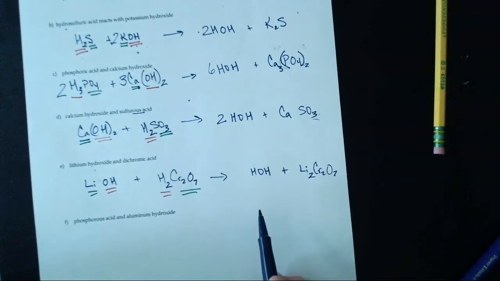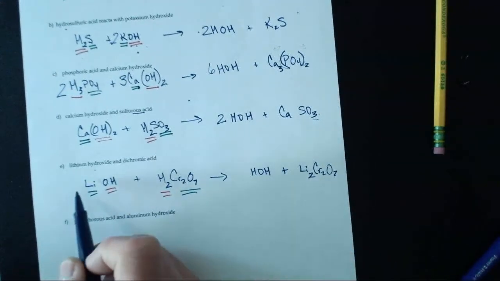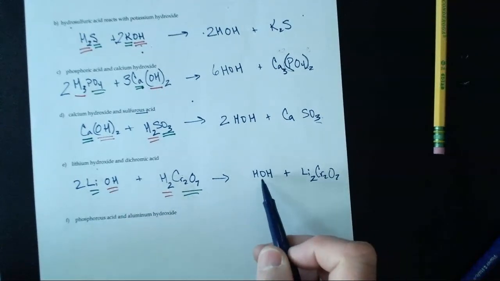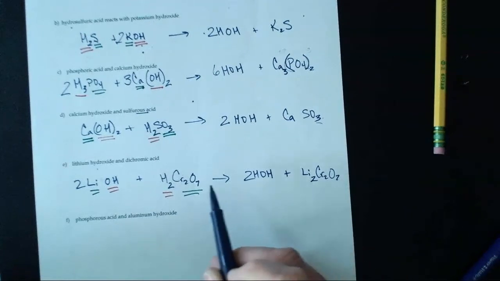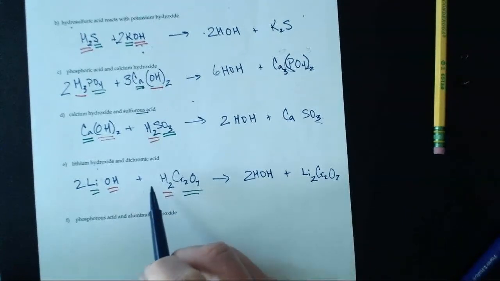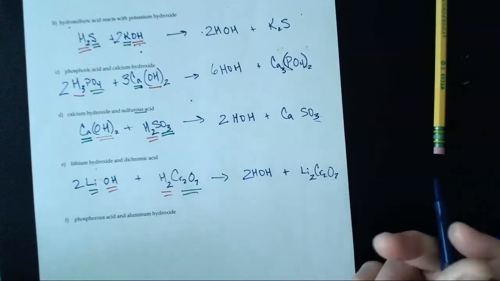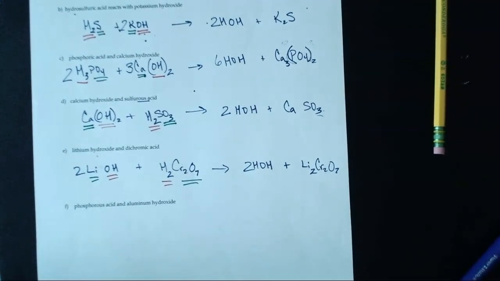So let's see if we're in balance. I have 1 lithium here and 2 lithium over here, so I've got to have 2 lithiums. Well, that gives me 2 OHs. I only have 1 OH over here, so I'm going to put a 2 here. So that now gives me 2 hydrogens, 1 dichromate, 1 dichromate, so we're all good with that balance. And the last one,